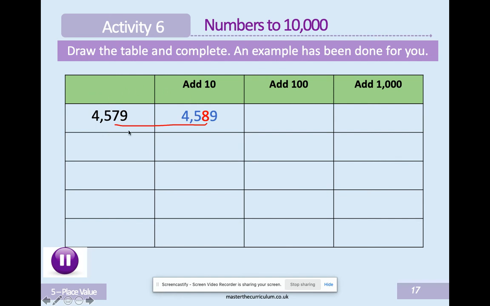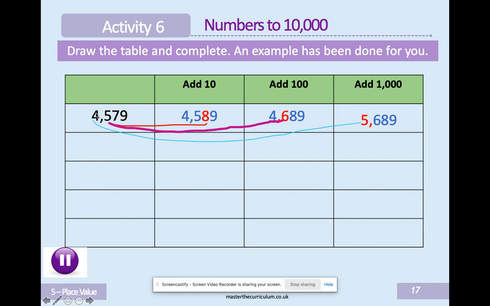Now, I'm going to go back to my original number and I'm going to add 100 to it. Can you shout out what you think the answer would be? Fantastic. My hundreds column is going to change from 500 to 600 because I'm adding 100. So from 500 to 600. I think the next one will be much easier for you because we're adding 1,000. Which digits will change? Which ones will stay the same? You can shout out. Fantastic. My thousands column will change, my 5,000, because I'm adding on